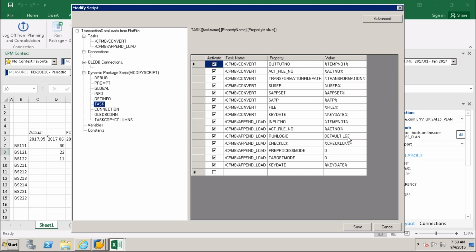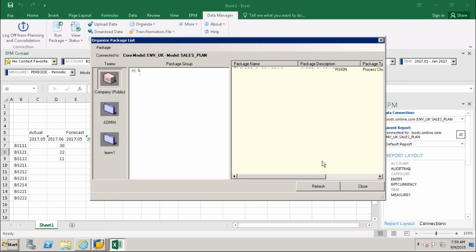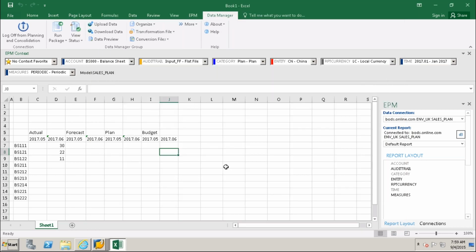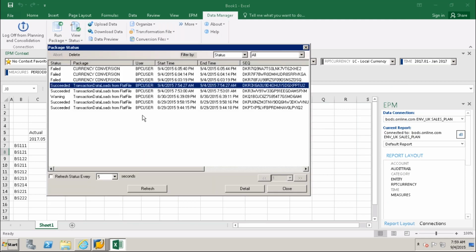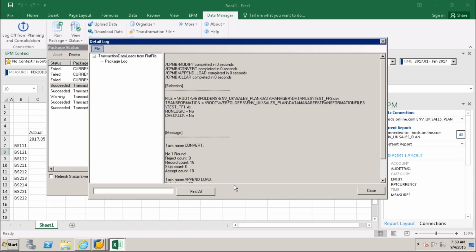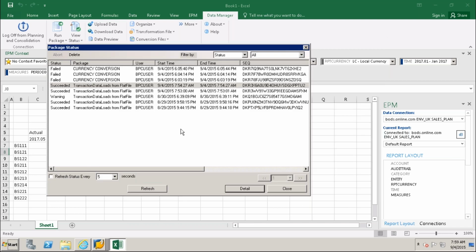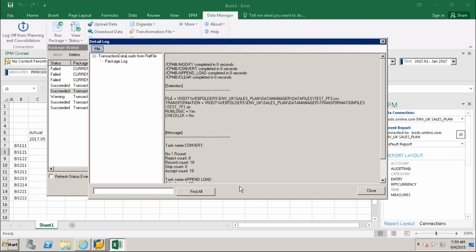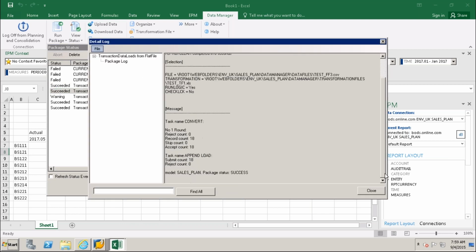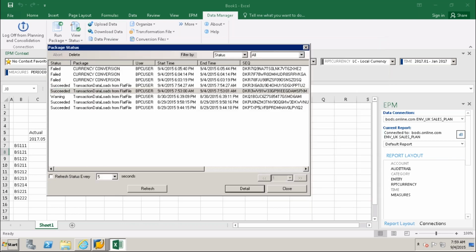Default.lgf, we have the run logic here properly. View status. This is 18 records queried out, 18 success. Here, 18 records, 18 success.